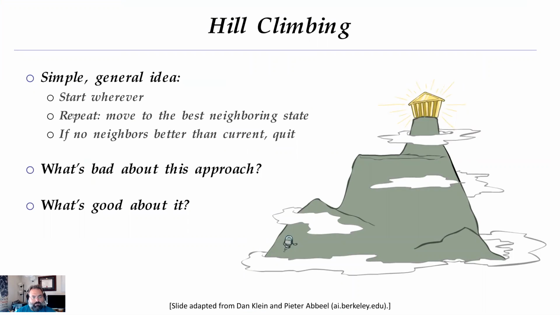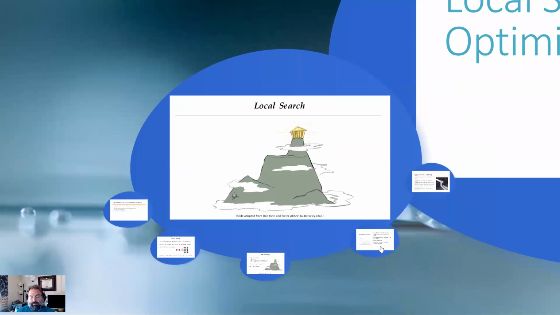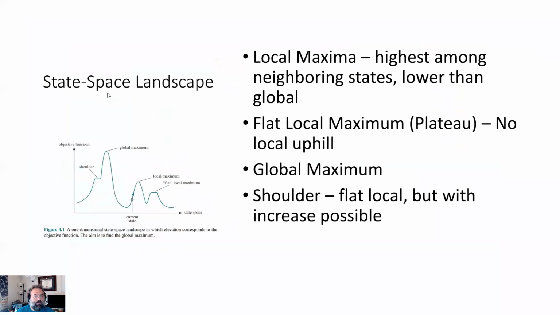Another way of looking at that is you start in a random location, you move to the best neighboring state. If there's no better place, then you're done, right? So what's bad? Well, you start here, you move this direction, and oh well, that's the local. You move this way, you get up here, you go till there's something better. There's nothing better, so I stop here. And so, as I mentioned, you're susceptible to local minima or maxima.